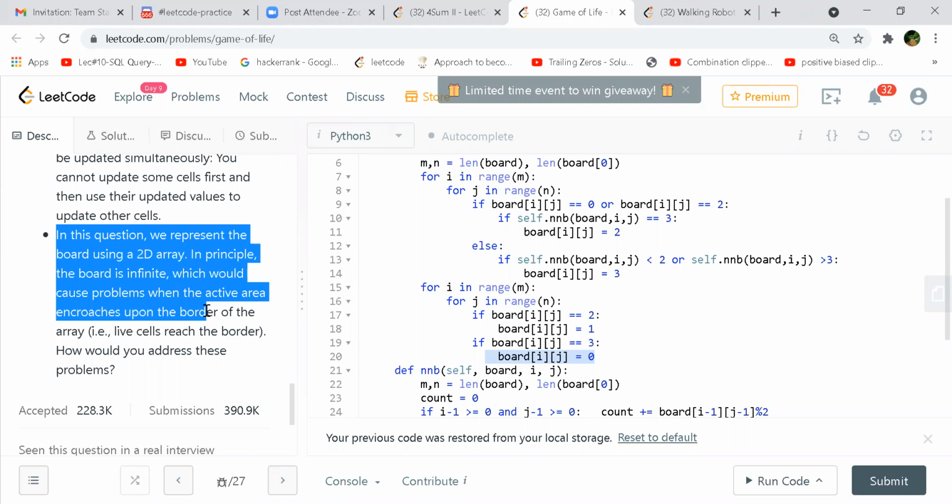So whatever is the lesser, you just take that value, and instead of creating a board of size m by n, which won't be possible, it will be very huge. You cannot create it, at least on a single node. If you want to create on multiple nodes, then you have different challenges, and you'll have to handle that. But instead, if it is sparse and you have fewer ones, you just make a list of all those using the coordinates.